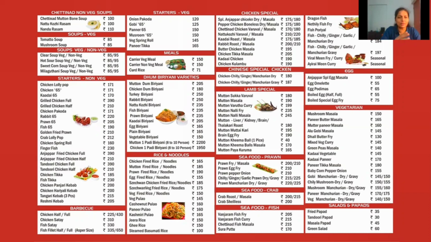We have non-veg items, we have vegetarian items. So what do you mean by that? What is vegetarian and non-vegetarian food, does it make a difference? Yes, we know non-vegetarian food means the main ingredient is from an animal source. Whereas in vegetarian food, the main ingredient, for example in mushroom masala, the main ingredient mushroom, is from a plant. So all these food items mainly consist of plant food, whereas all these things are from animal sources.